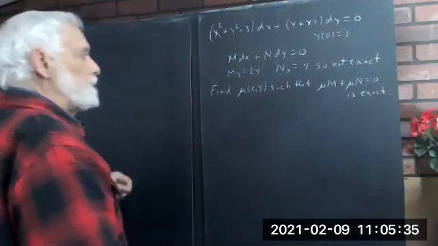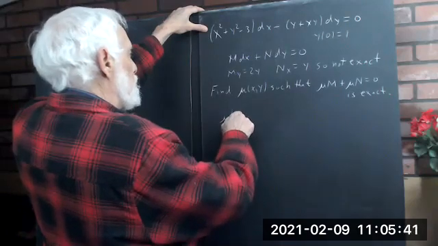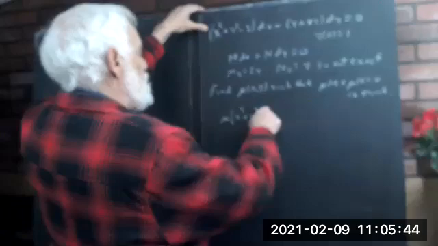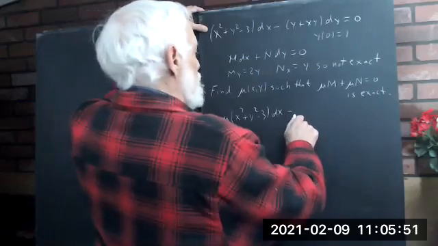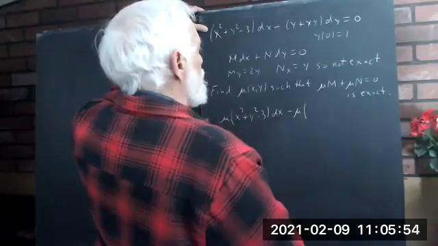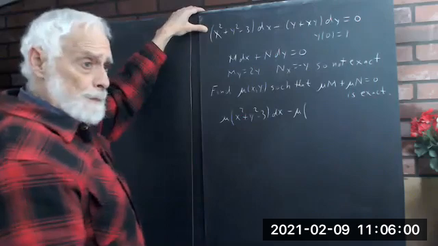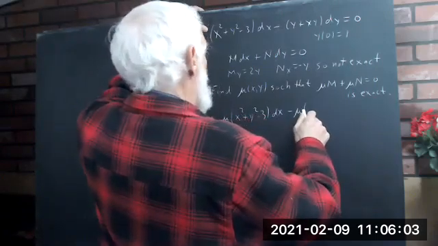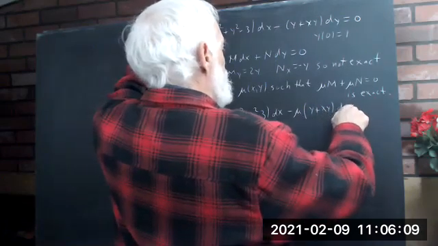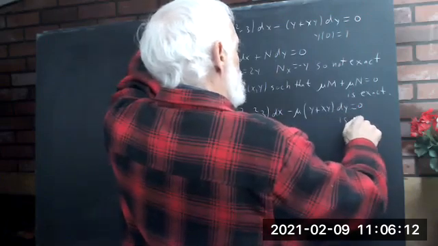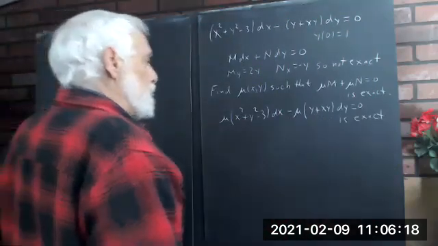Now that means that you're going to have mu times this, and actually when I did the N_x, I got negative y, right? Anyhow, so that mu times this is exact. Okay, well,